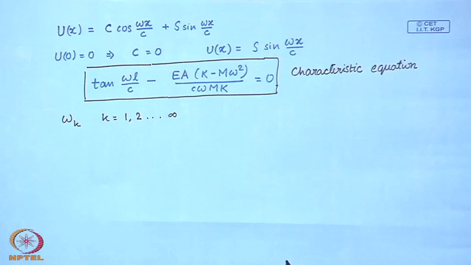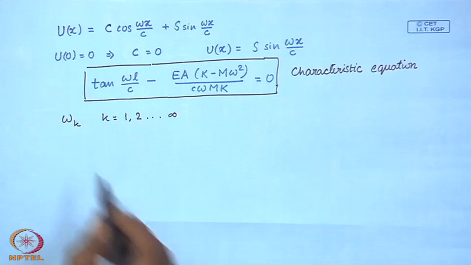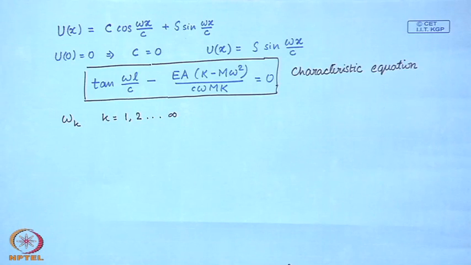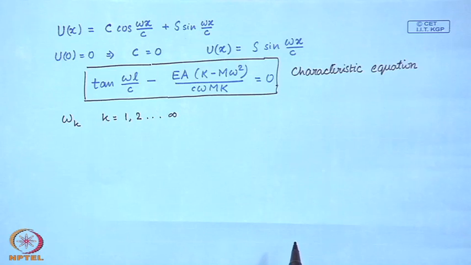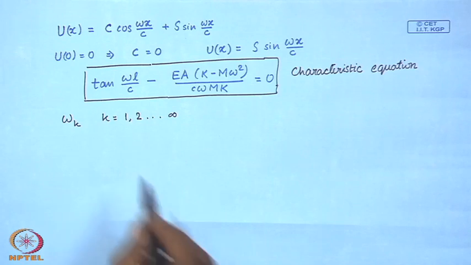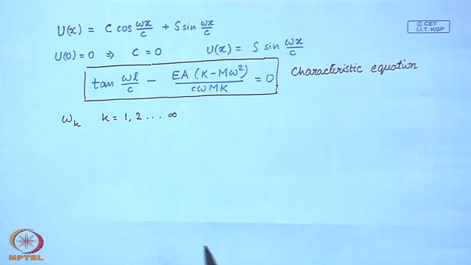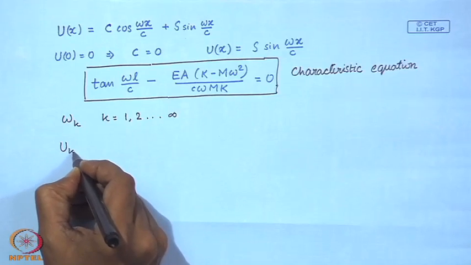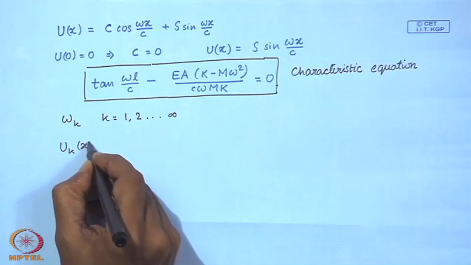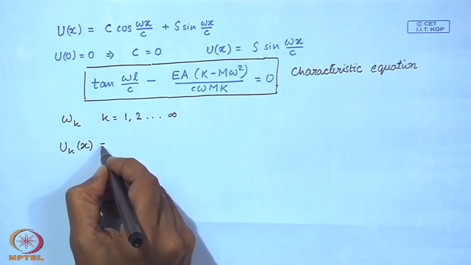So, you have countably infinitely many circular natural frequencies of the system obtained by solving this transcendental equation. And corresponding to these eigenvalues or circular natural frequencies, you have the corresponding eigenfunctions